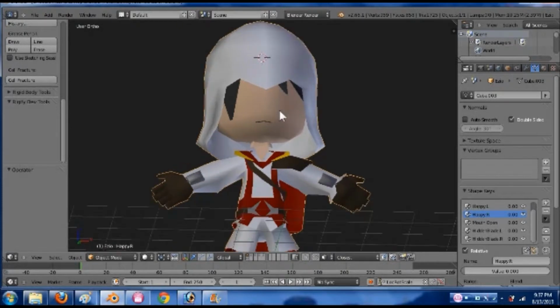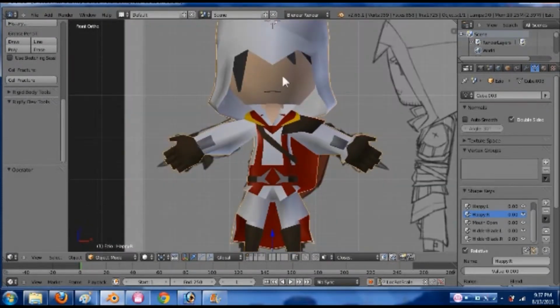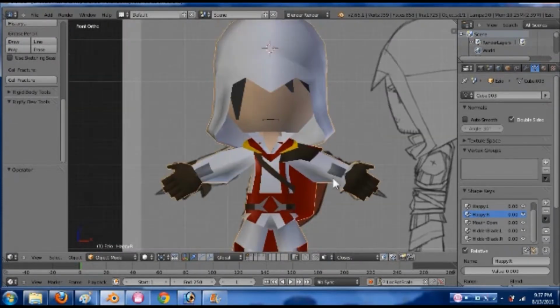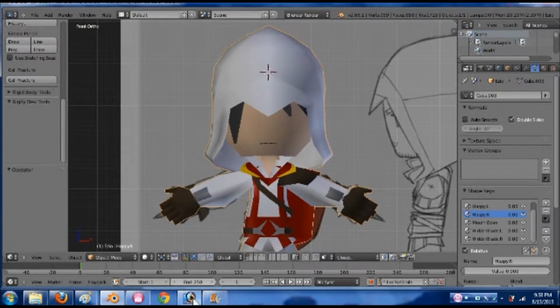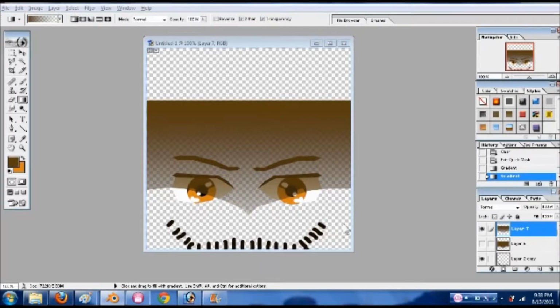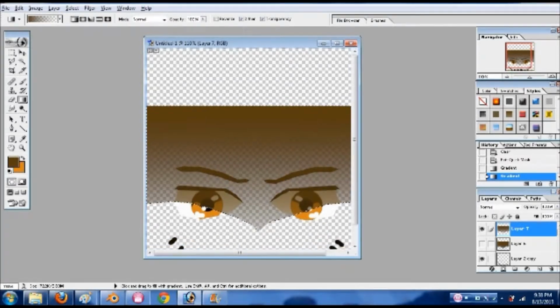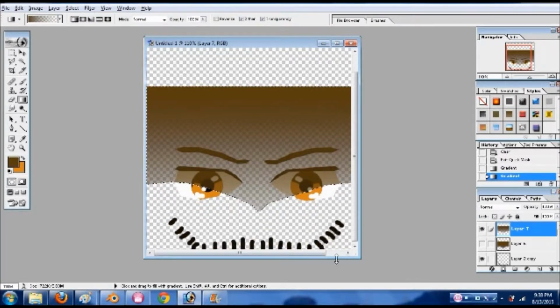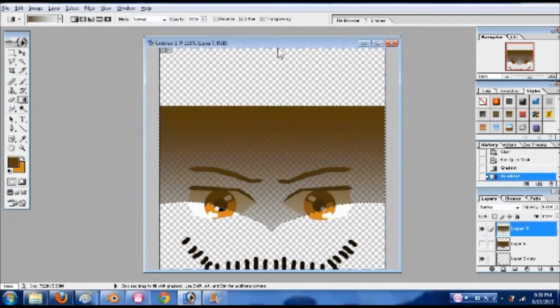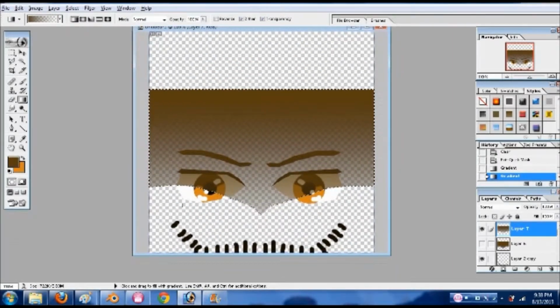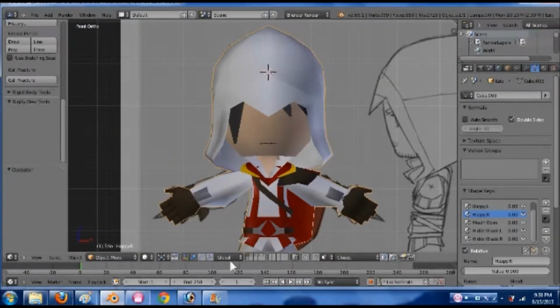Let's see, other things that I did: I kept messing with the face texture. It is much better than what I had before. I'll bring up what I made in Photoshop today. So here we have what I did last time. I made the eyes a little bit bigger, and I also added in a gradient above the eyes. It's not behind it like last time, and I made it in about the same shape as his hood. And so this gave a very nice effect, actually,